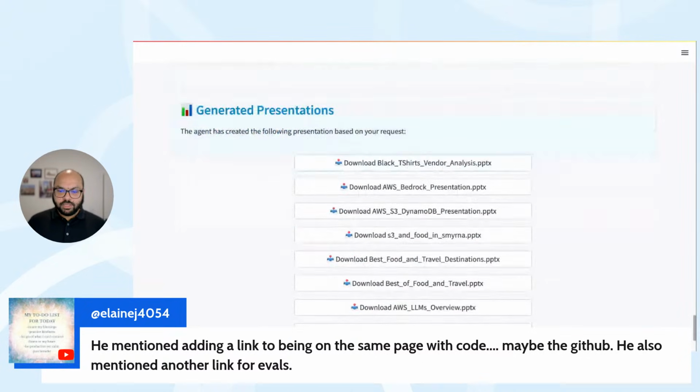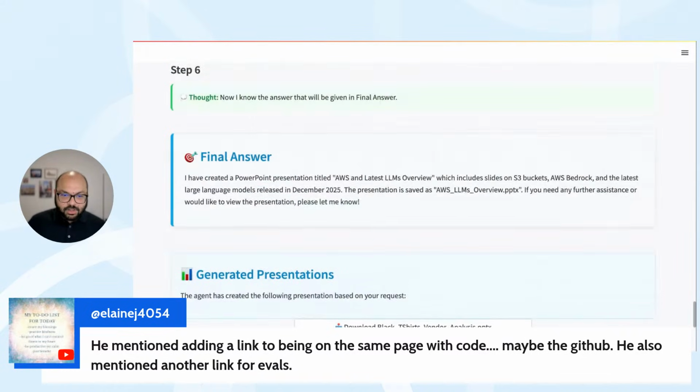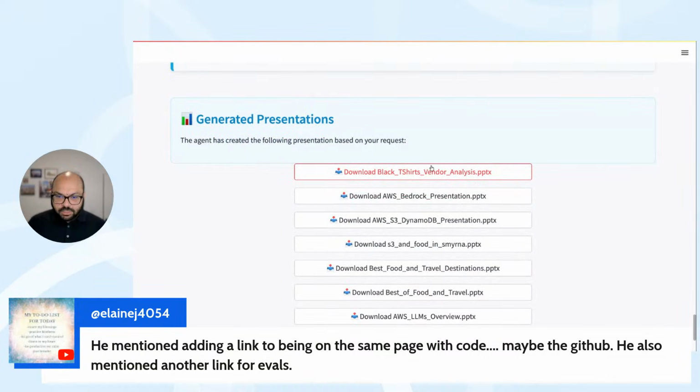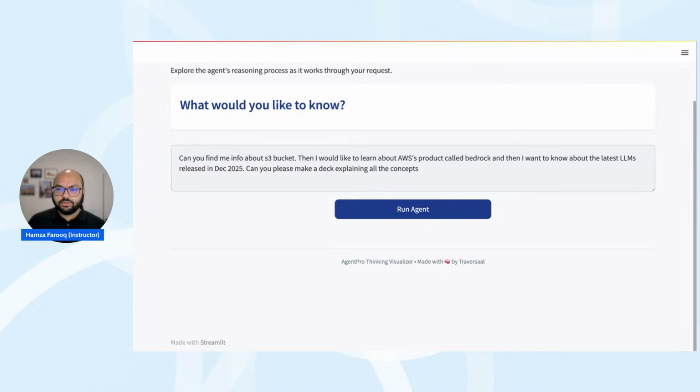And here, your PowerPoint presentation, I don't remember the name of the presentation, but the AWS LLM overview. So this one is now available. And I'll share my screen of what the output is in a minute. But you see, it followed through the steps. And that's what we evaluate also. We evaluate LLM's capability on how they work behind the scenes through this purpose. So I'm going to figure out how to share my screen on this one.